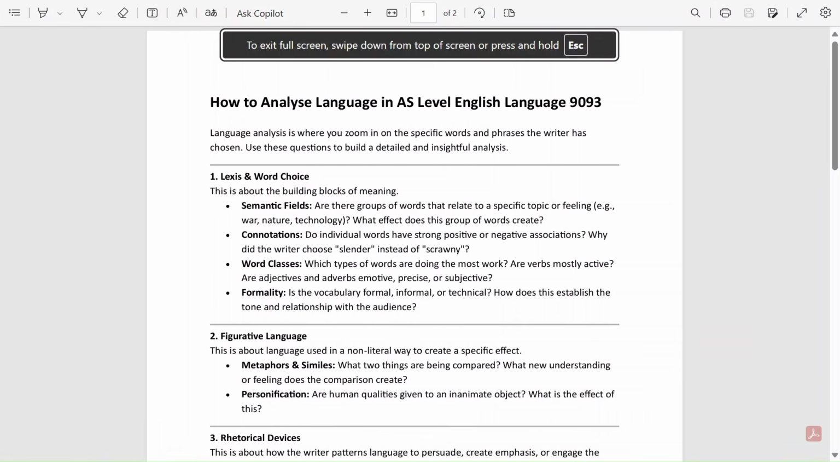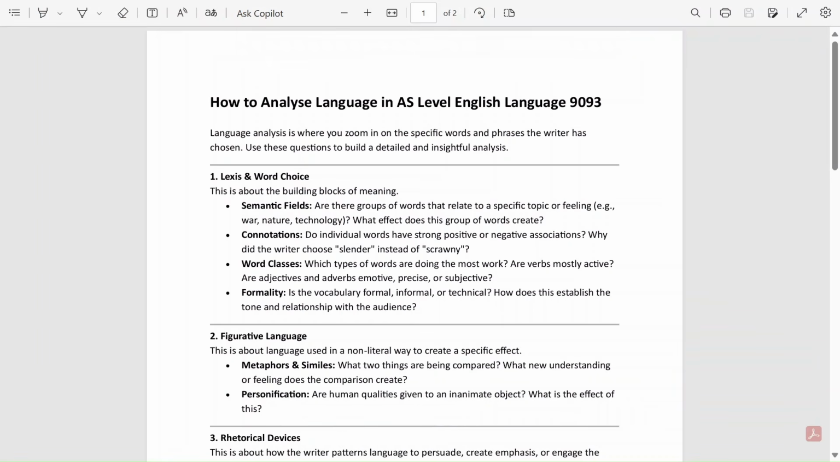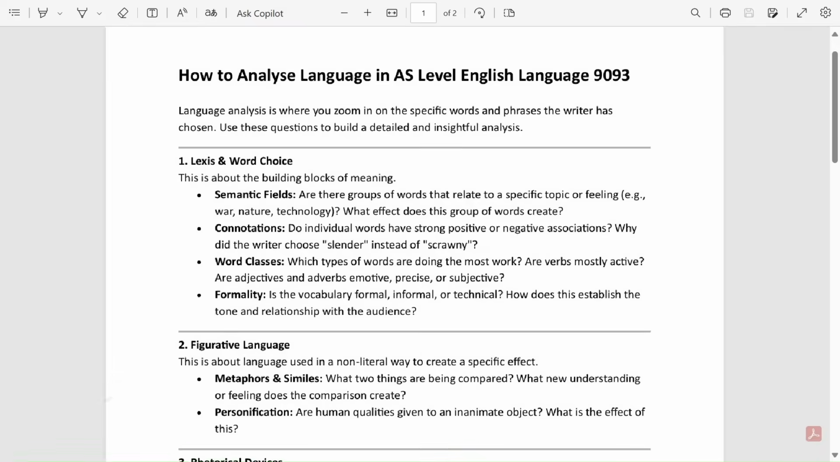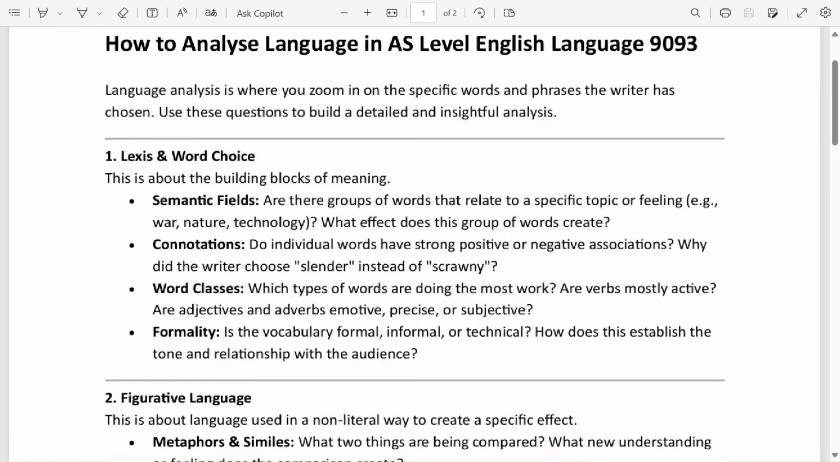Today we are diving deep into analyzing language for your Cambridge 9093 exam. This is where you zoom right in to examine the specific words and phrases a writer has chosen and why